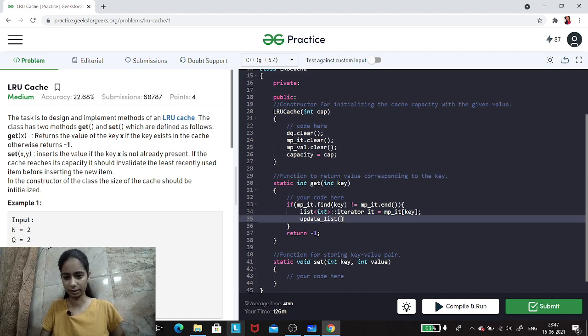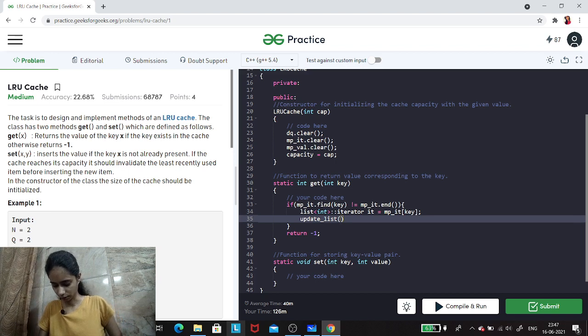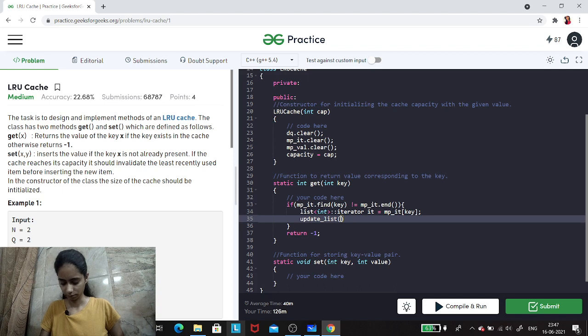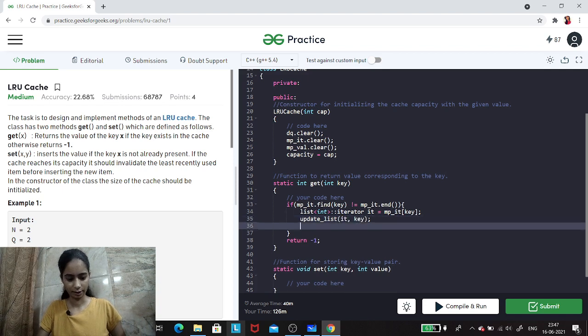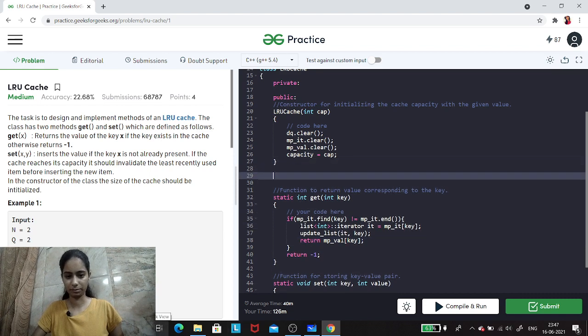So in the update list, I'll pass on the iterator and the key also. And once I'm done with this, I'll simply return the value corresponding to key, which has been stored in my mp.val. Alright, so now we'll implement the method that we just called, that is the update list.